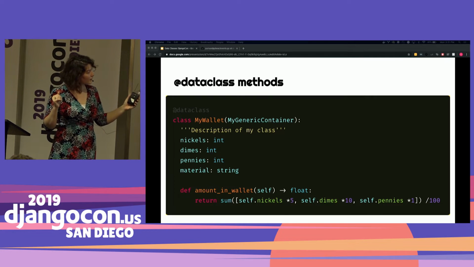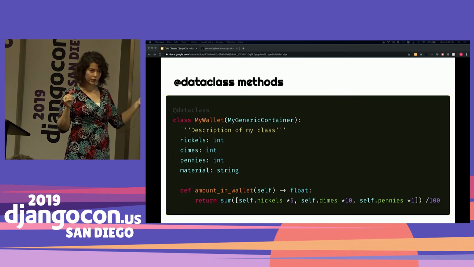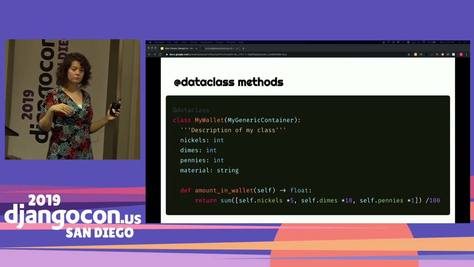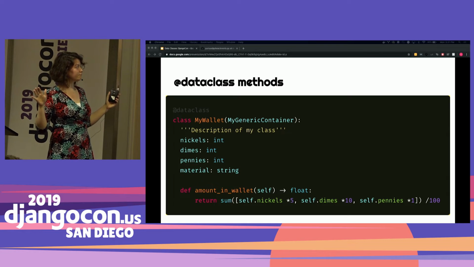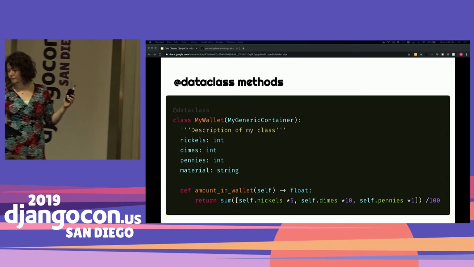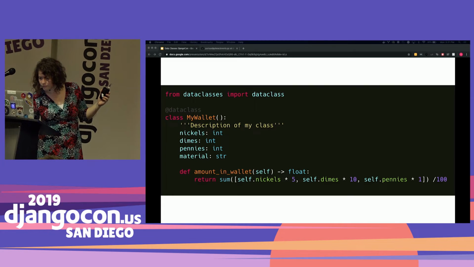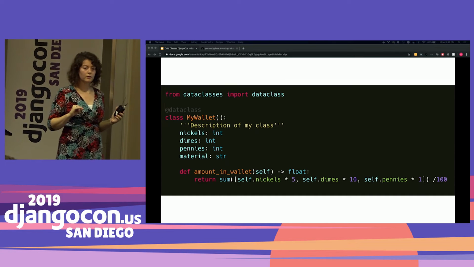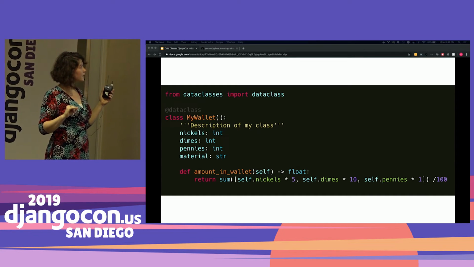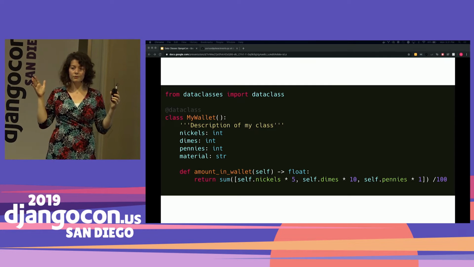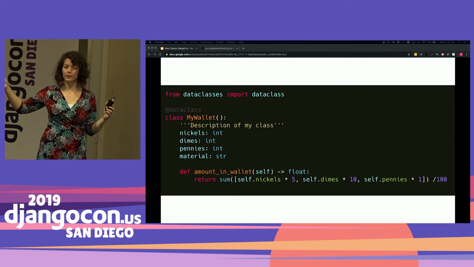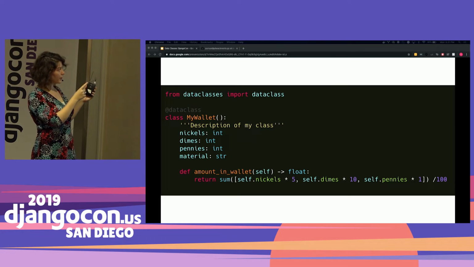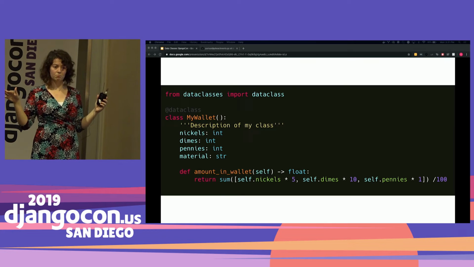Next, I'd like that custom function. So we're going to define the mountain wallet. It's the same function. We just stick it in. Completely valid. This is actually available in 3.6 as well. You can backport it using from dataclasses import dataclass. It's in the standard lib from 3.7 on. So if you're pre 3.7, this is what you'll need to do, and it'll work exactly the same.